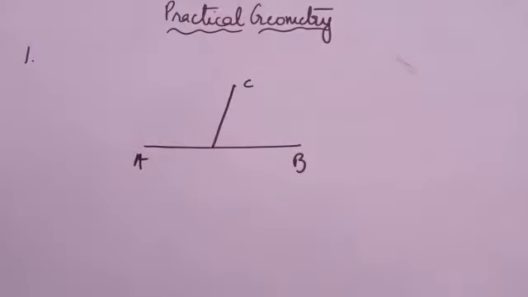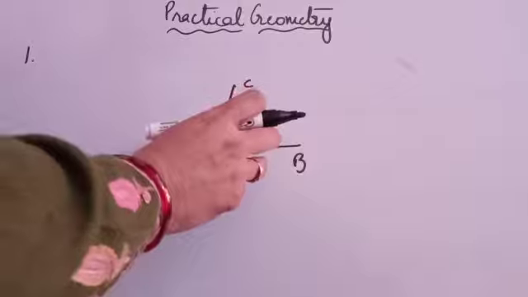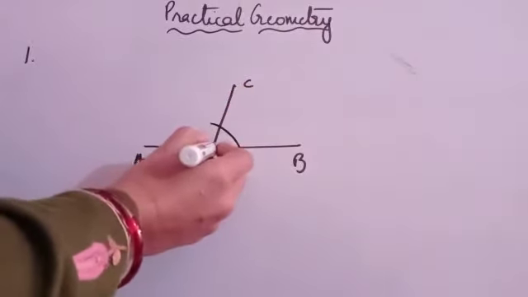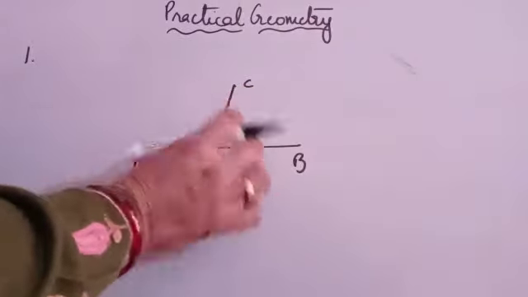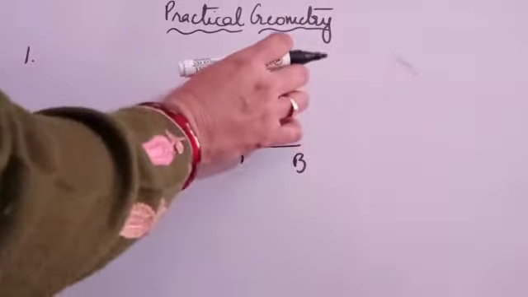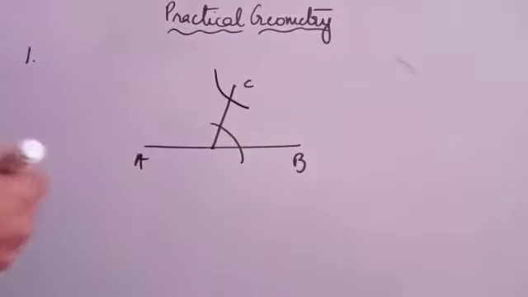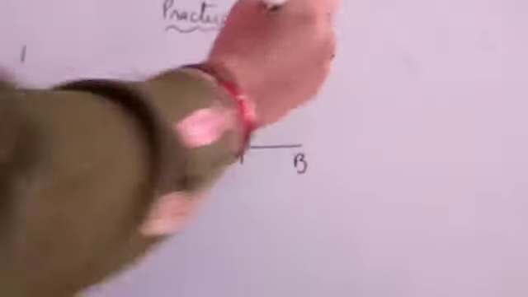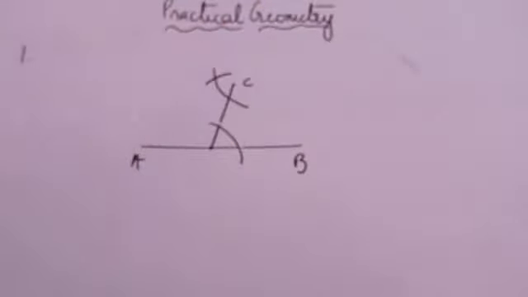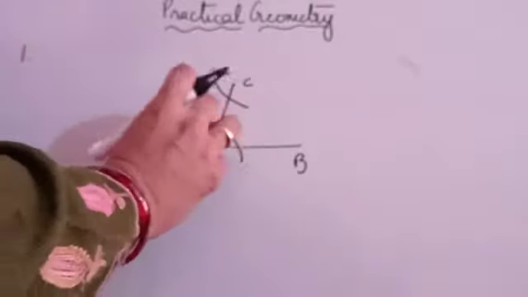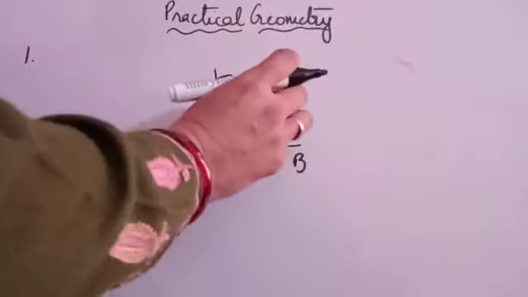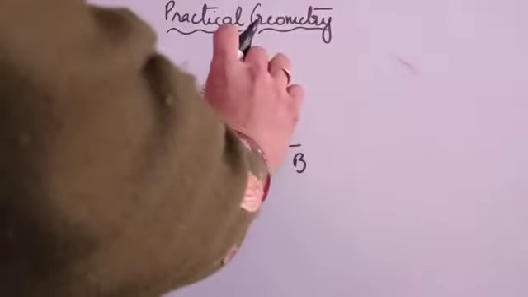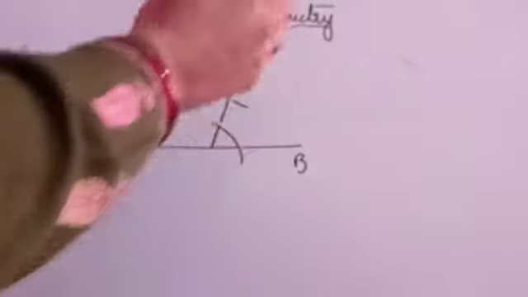Okay. Then take the compass, keep it over here and draw an arc. Keep over here and draw an arc. With the same distance, keep over here and then draw an arc over here. Right. And then measure this distance with the compass. Keep the compass over here and cut this arc. Right. Once keep over here, draw an arc, here draw an arc, then measure this distance, keep it over here below C and cut this arc.